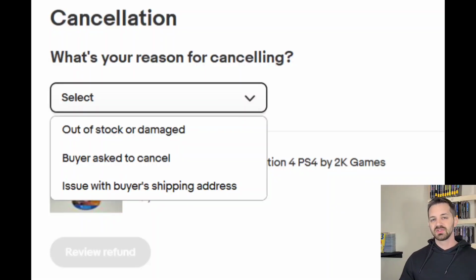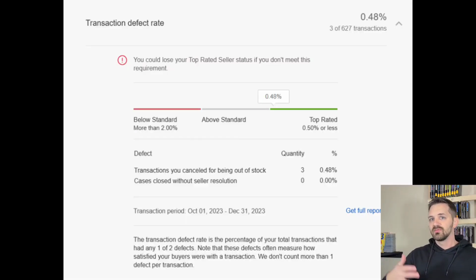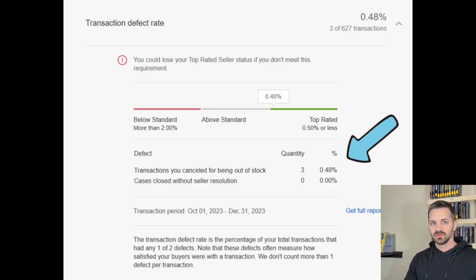Now, I'm not telling you to do this, but this is just something that I've done a couple times. Whenever you go to cancel an item, you have to select a reason for canceling. And you can select out of stock or damaged, buyer asked to cancel, or issue with buyer shipping address. If you select out of stock or damaged, you get a ding on your account. And if you get like 0.5% of your sales as canceled for out of stock or damaged, then you can lose your top rated seller